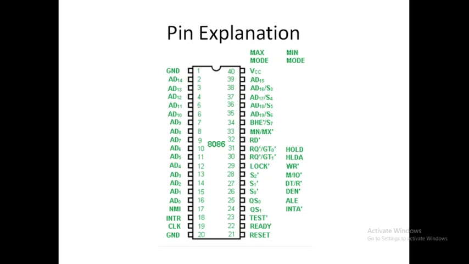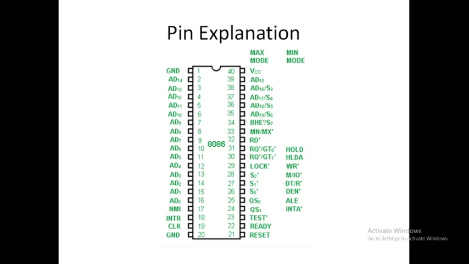Now the TEST pin, 23. This is examined by a WAIT instruction. If the TEST pin goes low, execution will continue, else the processor remains in an idle state. The input is internally synchronized during each clock cycle on the leading edge of the clock. So TEST bar is an active low pin. When it is low, execution will continue. When it is high, the processor will be in idle state.